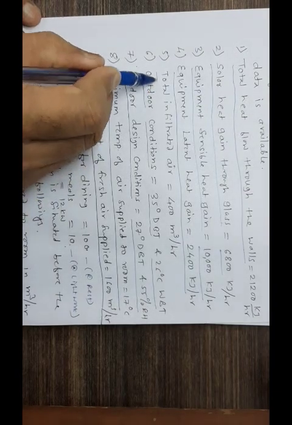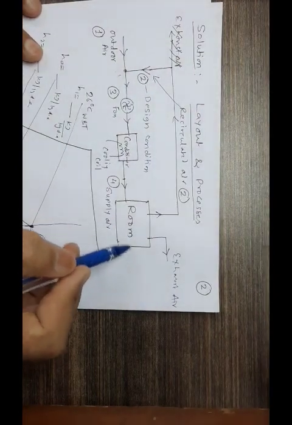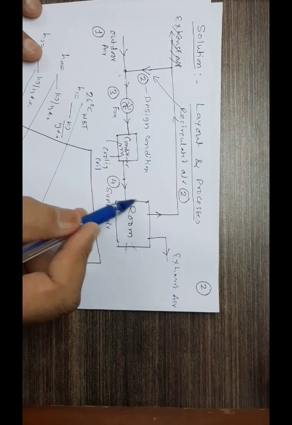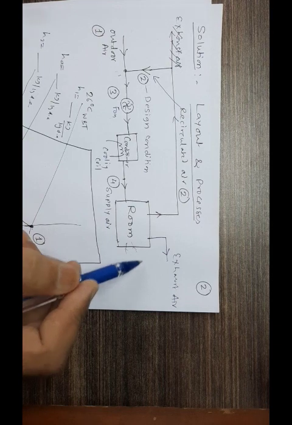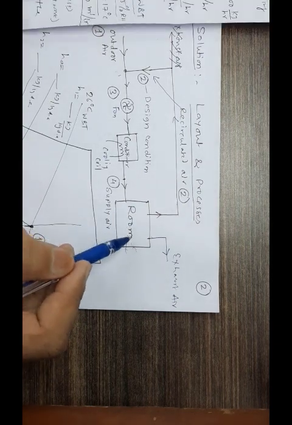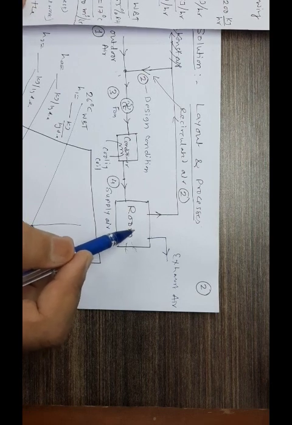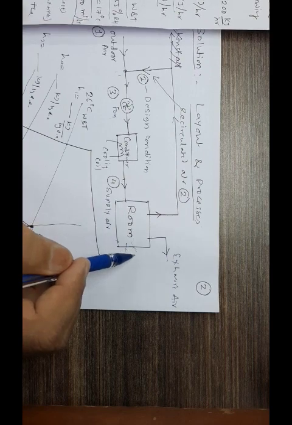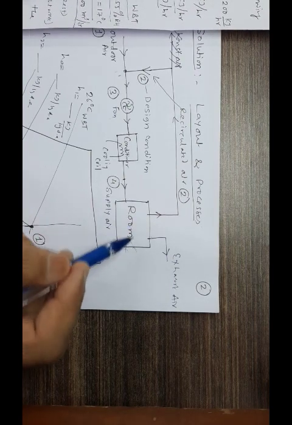Total infiltration of the air is 400 meter cube per hour. Infiltration means the air will leak into the room through some doors, windows, cracks and all that. So this infiltrated air will also add heat inside the room, because that will be at a higher temperature and different humidity conditions than what you are trying to maintain inside. So it will add water vapor as well as heat as well as humidity, ultimately adding heat into the room. So both components of the infiltrated air are required to be considered for this.